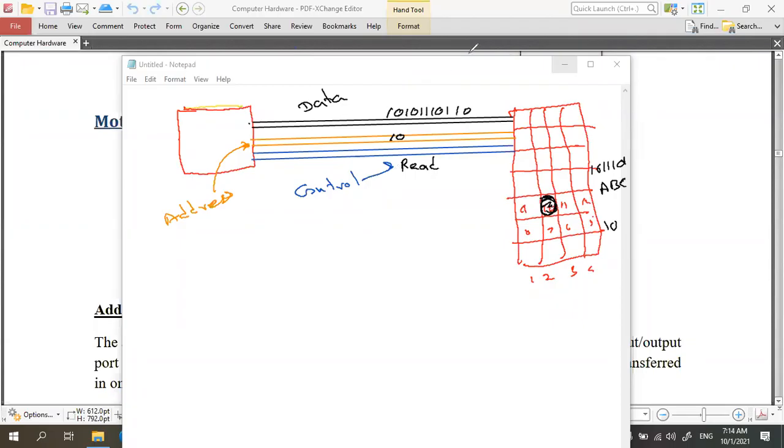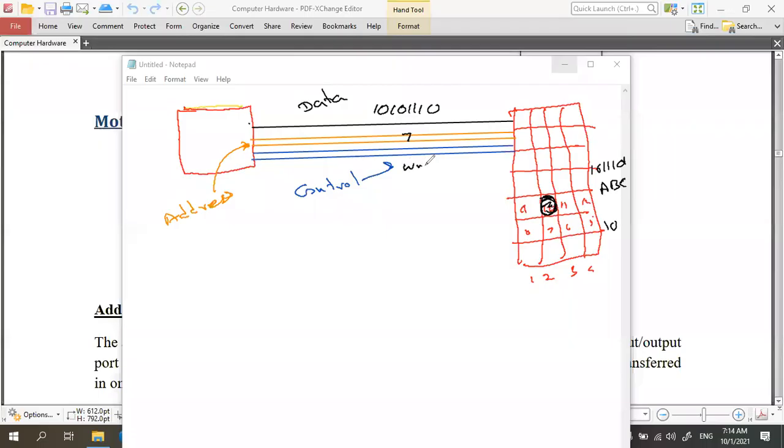Next, if the CPU is going to write something, if the CPU is going to save something in the RAM, then the data will be sent through the data bus. Let's say the location is 7. That is sent on the address bus.